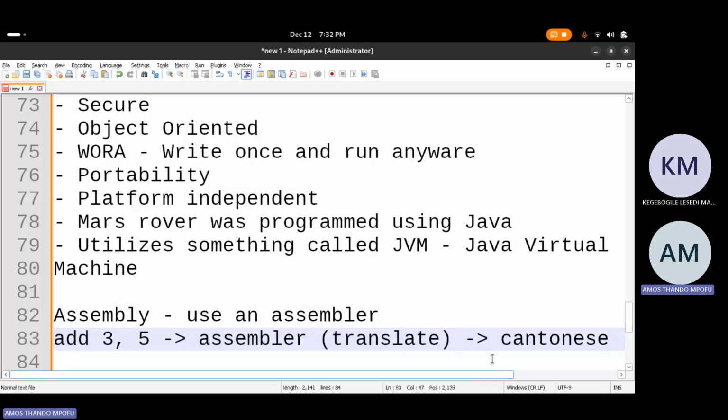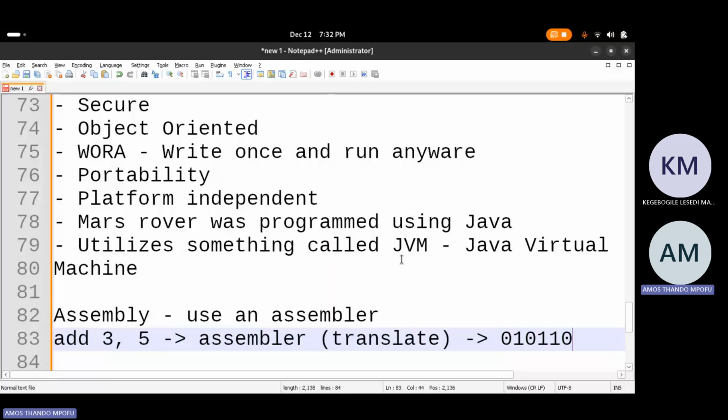So that's the problem with an assembler, right? Number one, you'd have to understand the hardware, meaning the physical components of the computer, and the operating system, and the mnemonics. You remember, like I said, each operating system has its own philosophy, its own way of doing things. So you'd have to understand that way of doing things before you can code for that specific platform, which was a problem. So Java removes